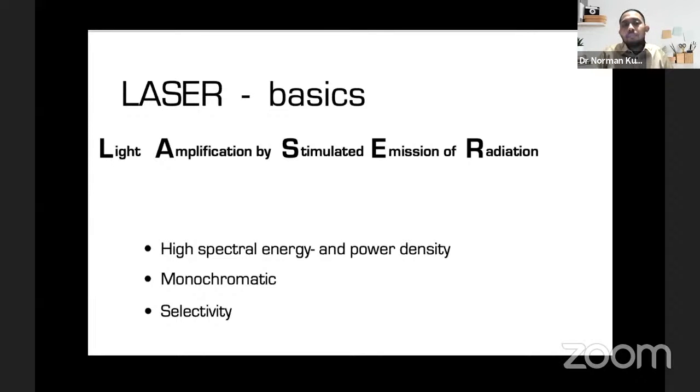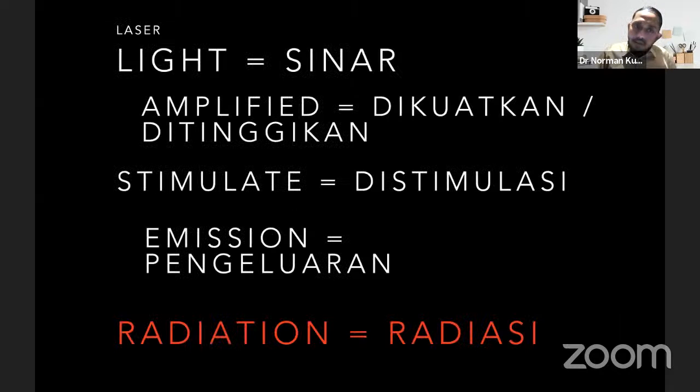So laser is light amplification by stimulated emission of radiation. It has high spectral energy and power density, and is monochromatic with selectivity. In Indonesia we call it sinar, and amplified means dikuatkan, we make this light stronger. We put it in a medium that contains a reflector on each side, the right side and the left side. Then this light is given more power by a power stimulus, and the medium reflects the light to the left and right, so it travels left and right, and we continue increasing the power, and then we open a small hole